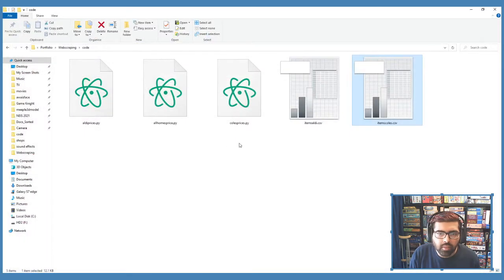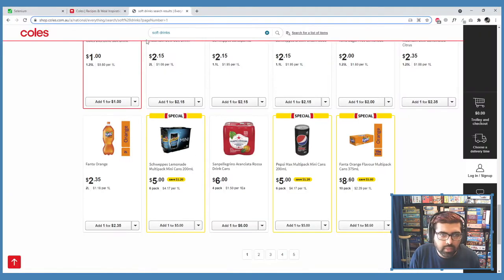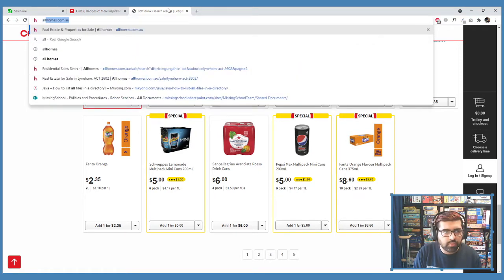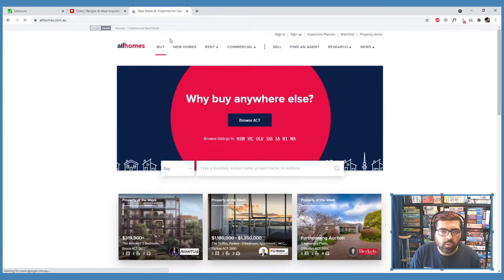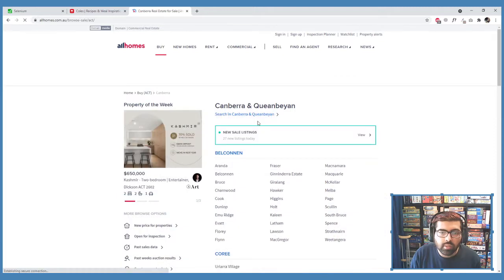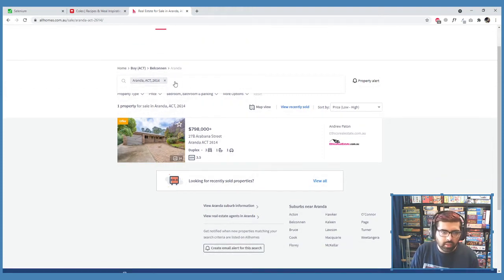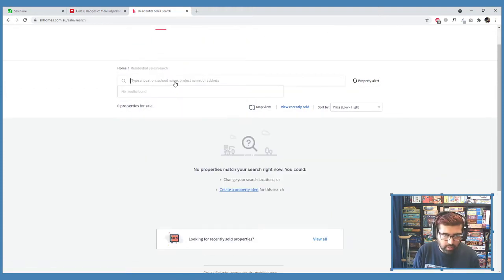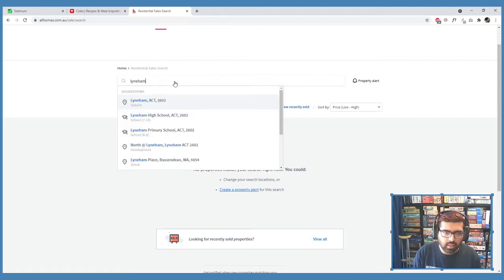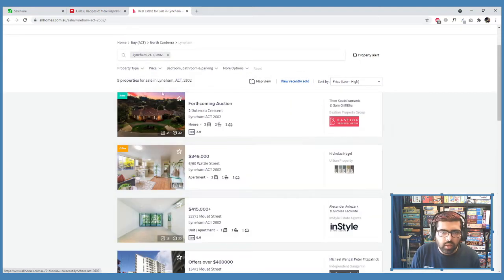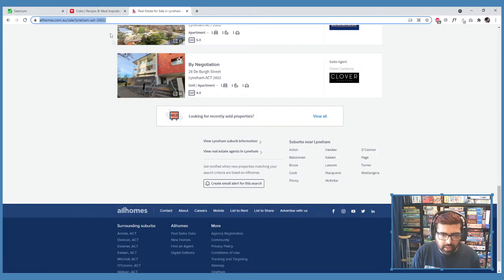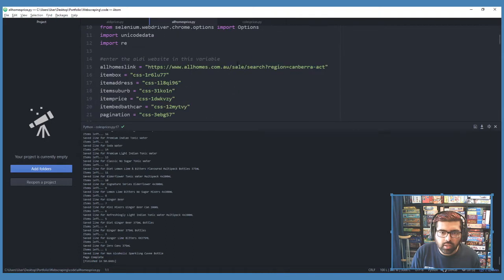And then the more tricky one was the all homes one. So let's go to allhomes.com.au. So we're going to browse all the listings for available houses being sold in Canberra. So for Aranda, it's just one. So I mean, let me go to Gungahlin. Let me go to Lyneham where I'm at. How many houses are being sold in Lyneham as of now? We've got 9 properties. So again, we copy paste. We are going to go to the script, paste in our URL,